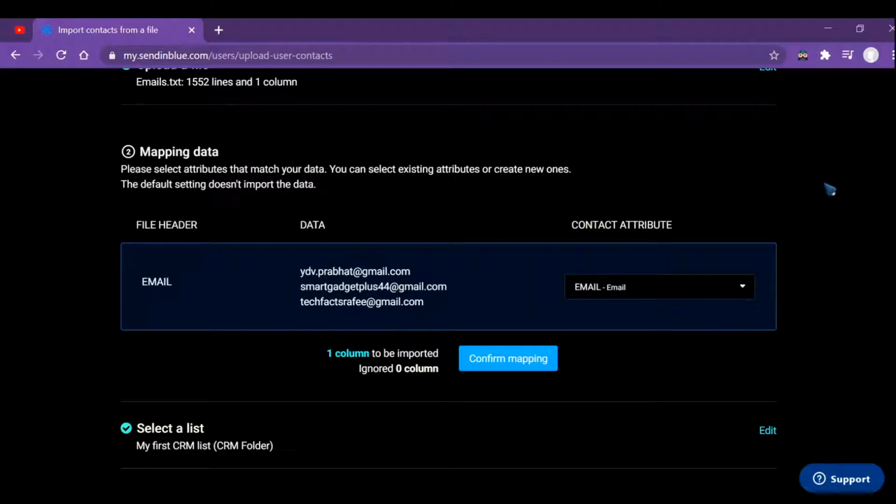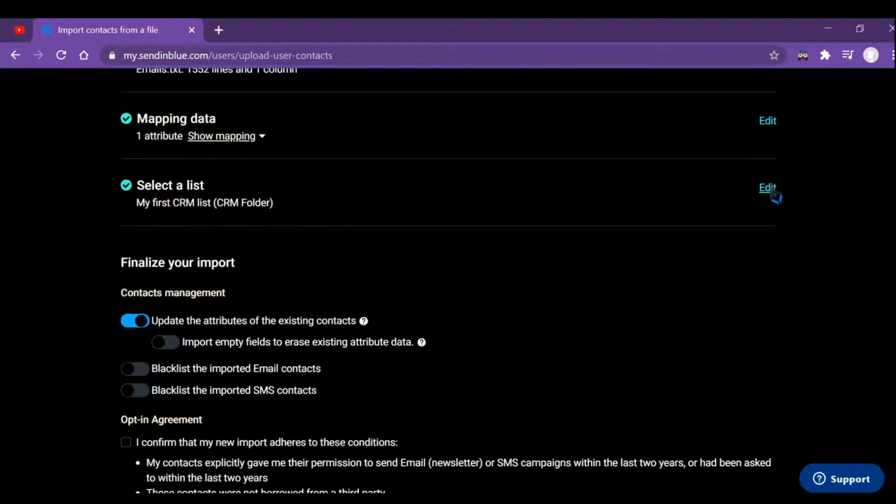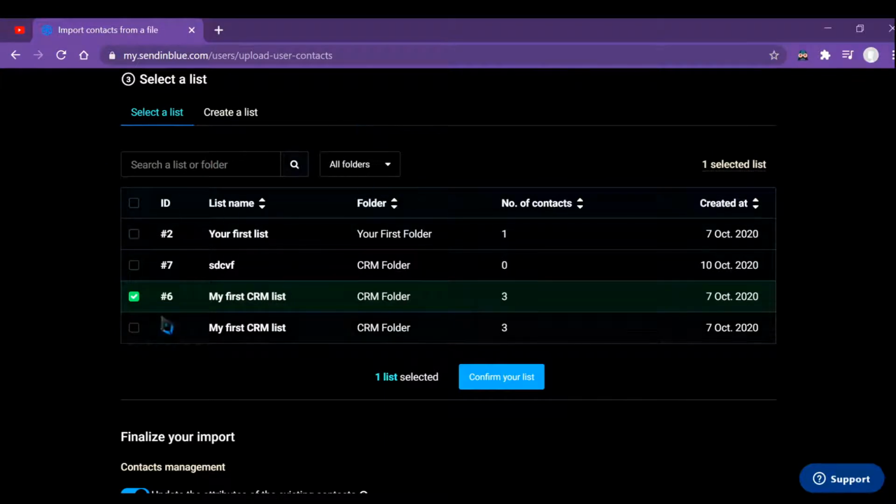In this option, what happens is it selects your attributes in the file that you uploaded. Suppose you upload a txt file, whatever attributes you have given there, it will redirect and upload those attributes right here under email. I have only one attribute in my txt file, so that's why it is giving me email only. If I had 3 attributes, it would give me 3 attributes. So just click on confirm mapping.